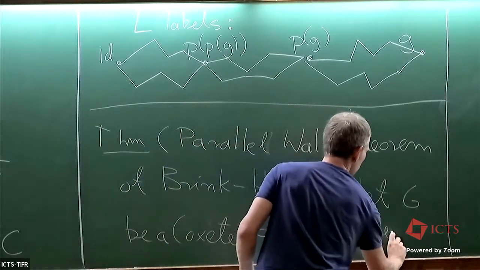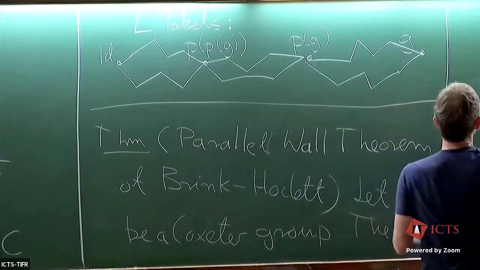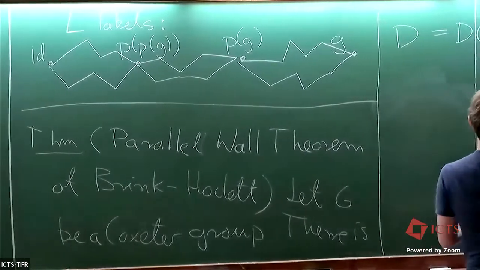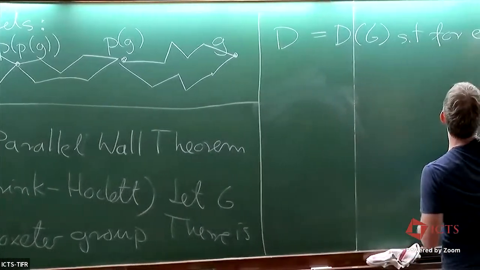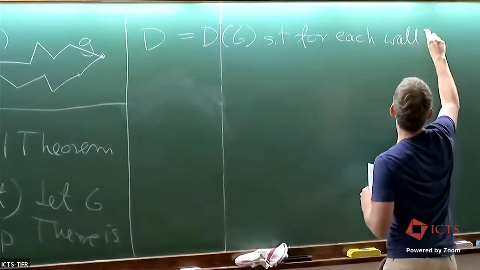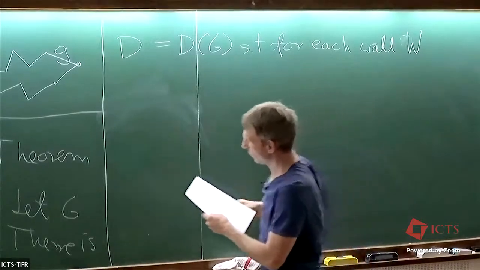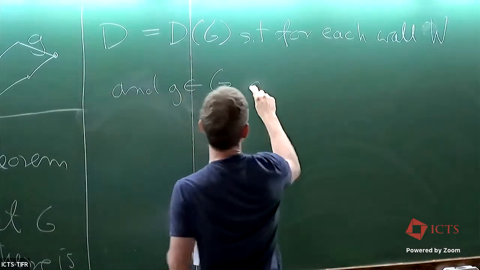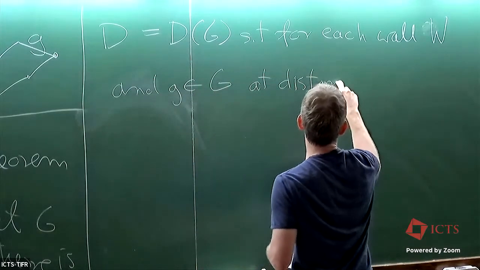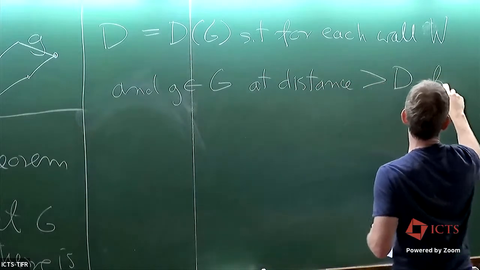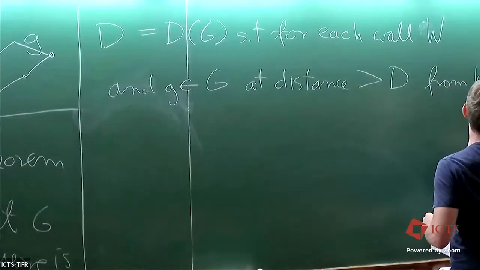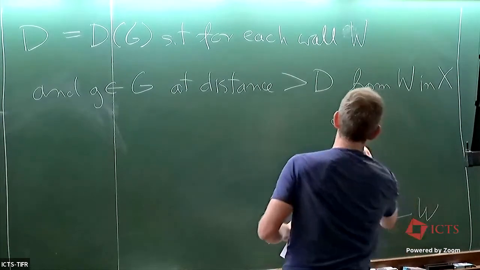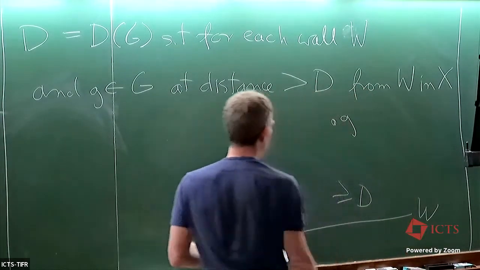Then there is a constant D that only depends on the group, such that for each wall W and each element G in the group at a distance larger than D from W in the Cayley graph, so we have G, and we have the wall W that's far from G, at distance greater than D,